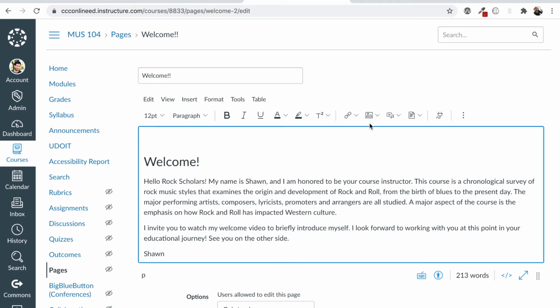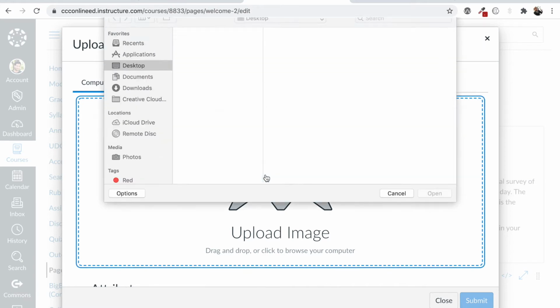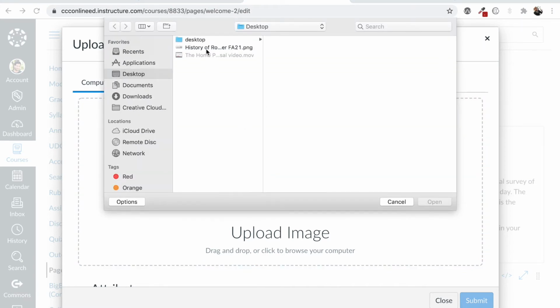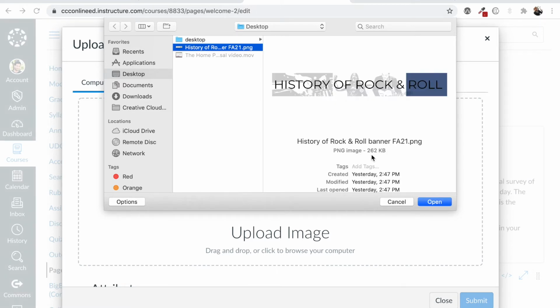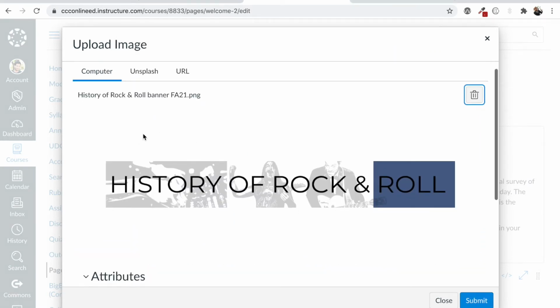And now I'm going to use my images tool. So now I can upload an image from my computer. You want to make sure that whatever images you're going to bring in, it's already on your device. So you can drag and drop it in, or you can just click here and you are now able to access your computer. So there's my PNG file. I select it, I open, and you'll see that this is the file name.